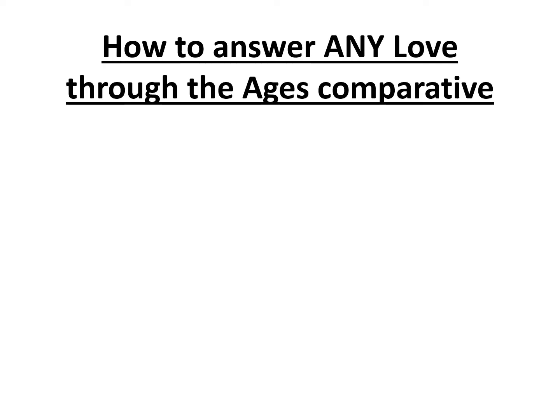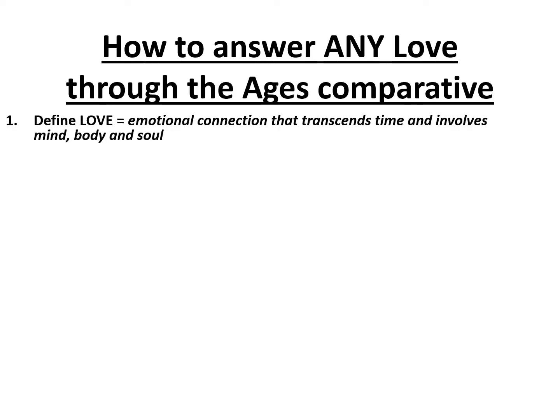First off, for love through the ages, we have to define love. It's an emotional connection that transcends time and involves the mind, the body and the soul. Now my suggestion as I go through these steps is, once I've read them all and shared them all with you, that you actively pause and have a go before you then watch on and see what I have for you. I then list synonyms of love, whether that's love as pain, love as distant, love as joy,